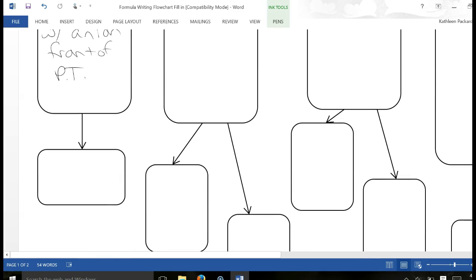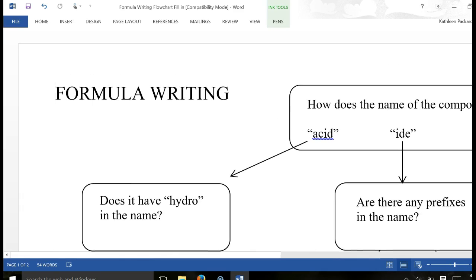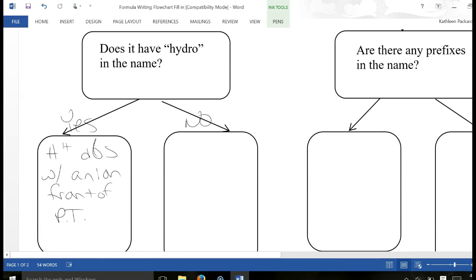To give you an example, if I had hydrofluoric acid, it would be H1 plus. You would look up fluorine, F1 minus, drop and swap, HF. Okay, so that's not so bad. If it doesn't have hydro in the name, you're still going to do a drop and swap with H1 plus, because that's what makes it an acid, but a drop and swap this time with a polyatomic ion